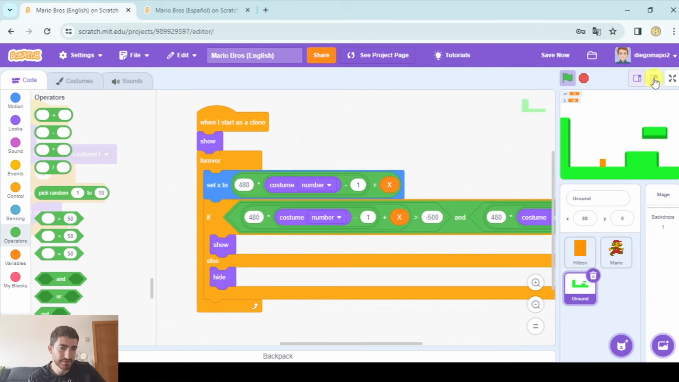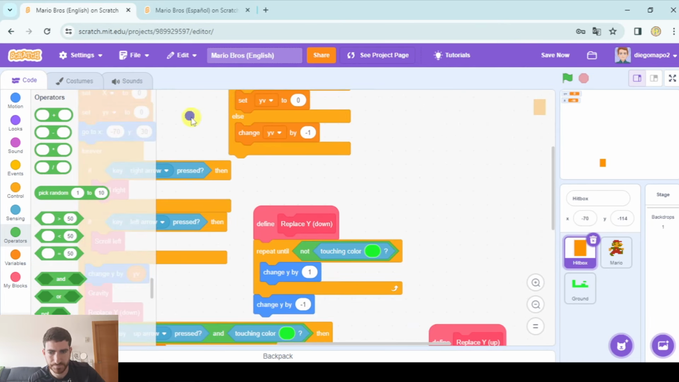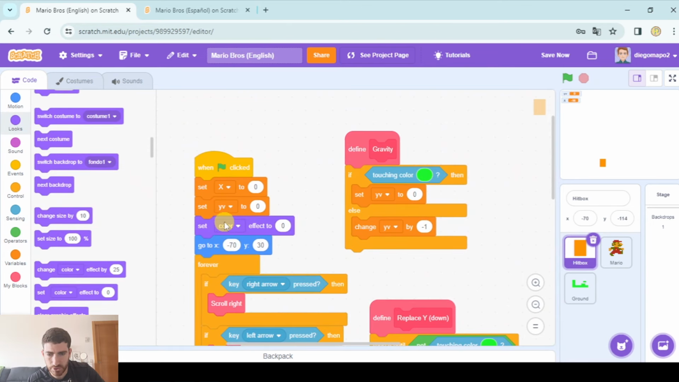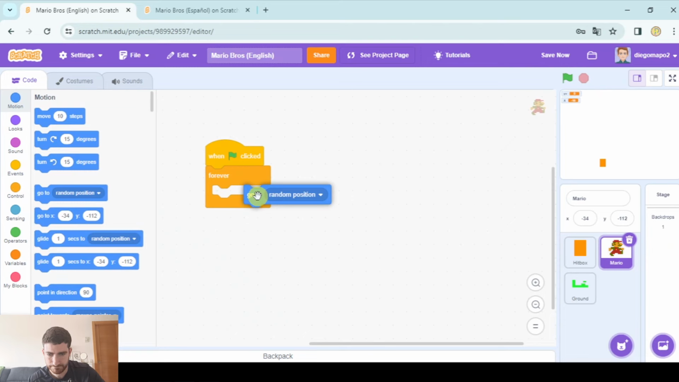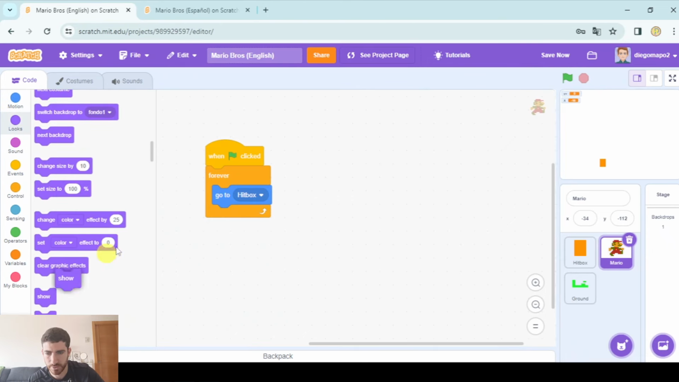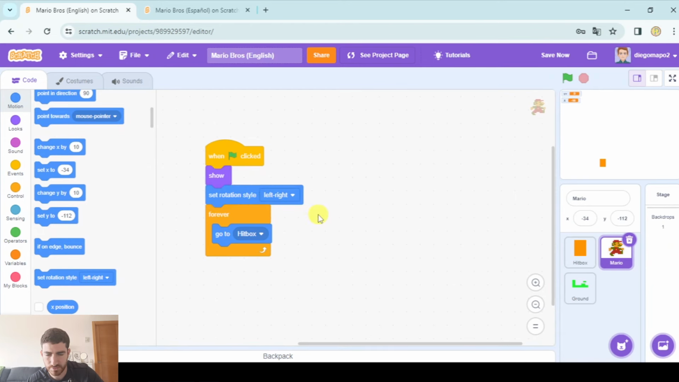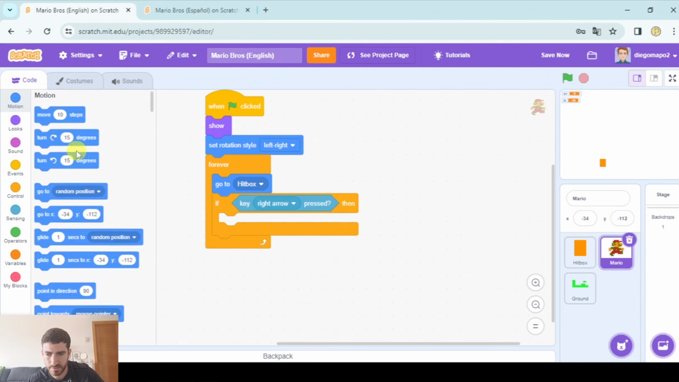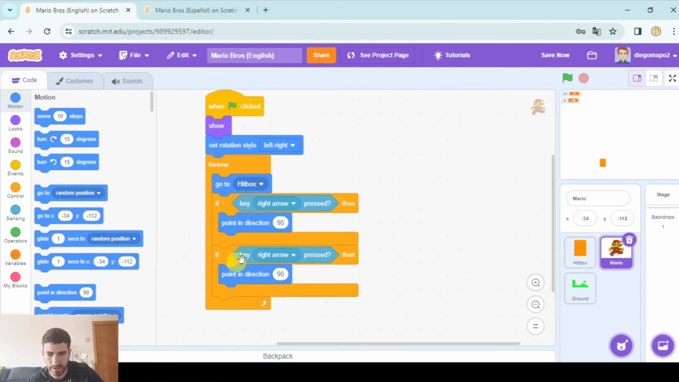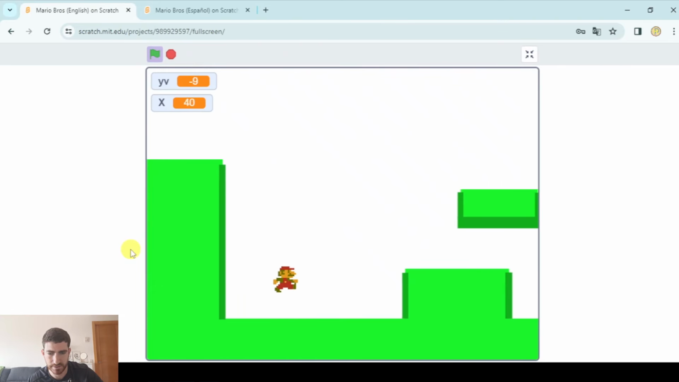Alright, and finally, what we need is Super Mario instead of the hitbox. So in the case of the hitbox, I'm going to scroll up. We're going to set Ghost Effect to 100 to make it invisible, and Mario Forever is going to go to hitbox. Obviously we're going to show it, and also we're going to set rotation style to left-right, and let's add a couple of conditions. If key right arrow pressed, he's going to point in this direction, and if left arrow pressed, point in the opposite. So doing this, well, we can move Mario,